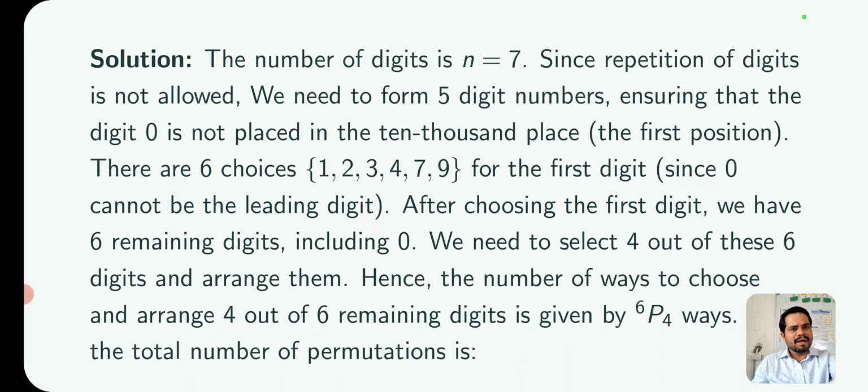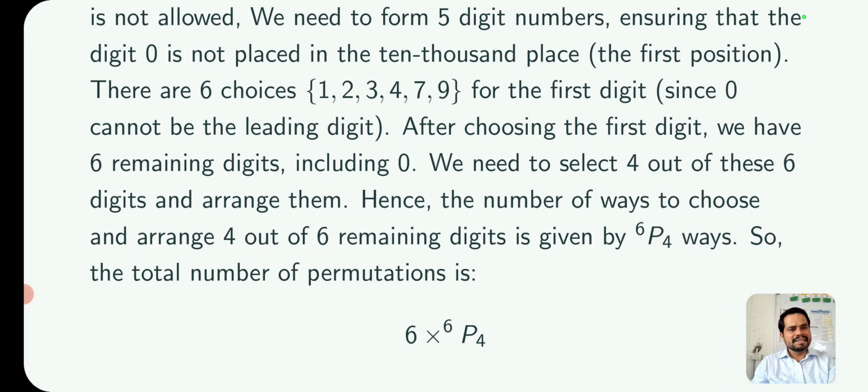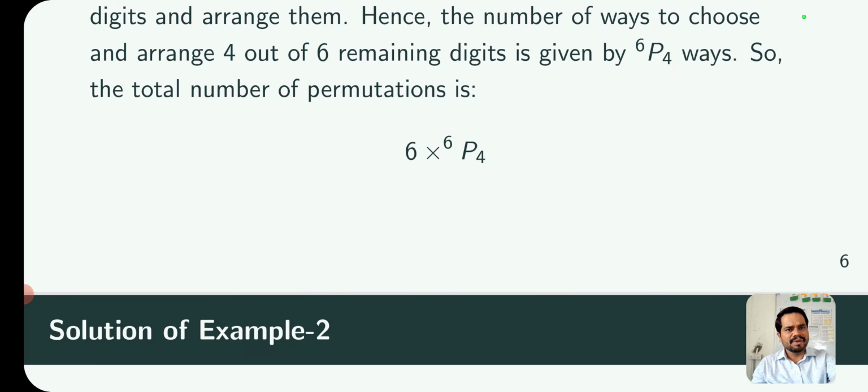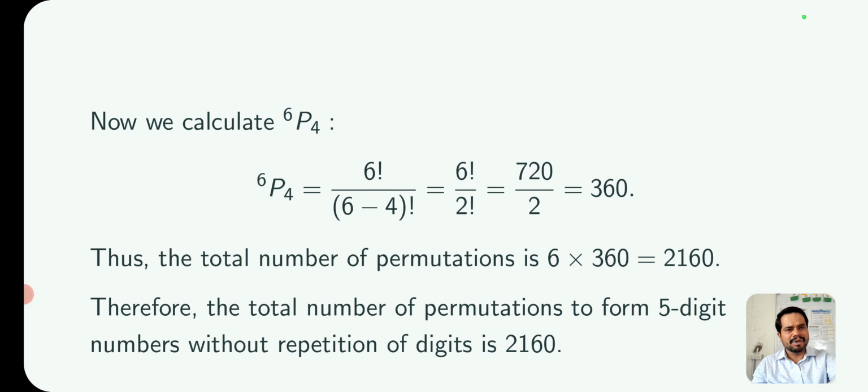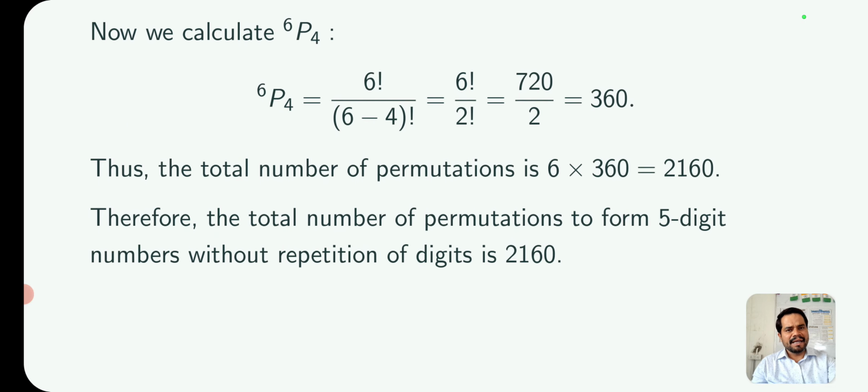Hence, the number of ways to choose and arrange these 4 out of 6 remaining digits is given by 6P4 ways. So the total number of permutations is 6 times 6P4. Do you understand how we can calculate this? You can calculate this by applying the definition of permutation, and hence the total number of permutations is